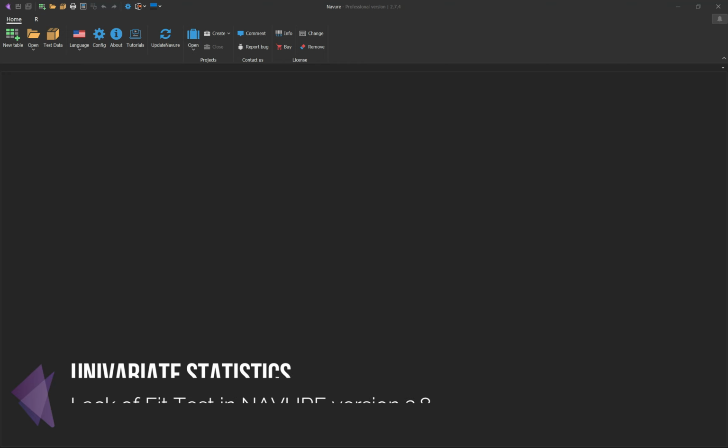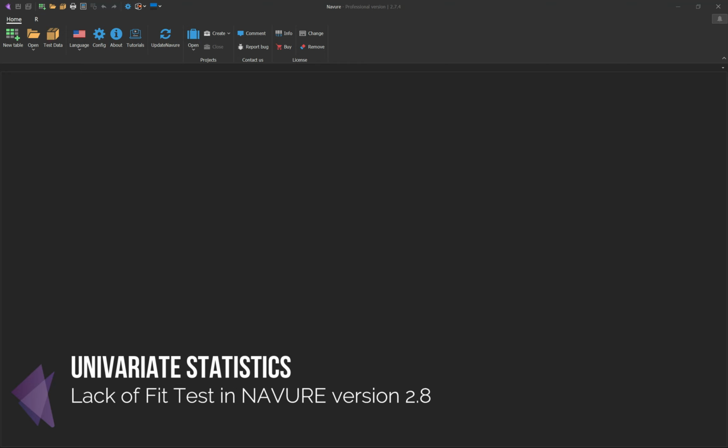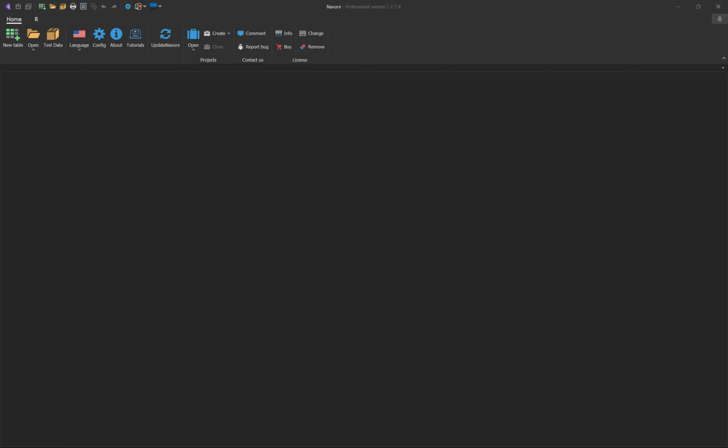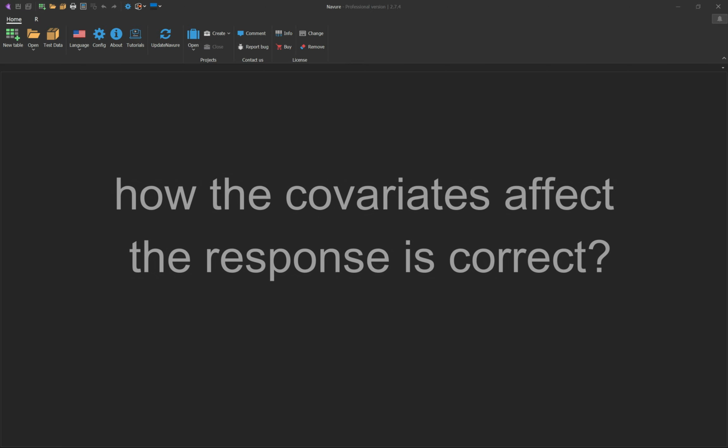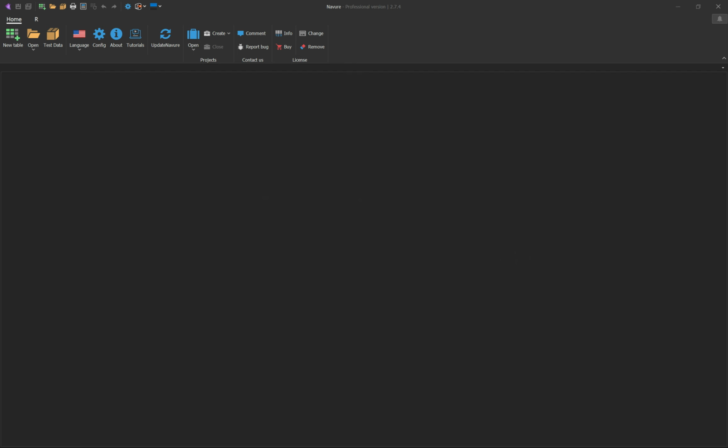Lack of fit test in Navure version 2.8. When fitting a model that includes covariates, the question is whether the assumption about how the covariates affect the response is correct. In a simple case, when a model includes a single covariate, as in simple regression, the assumption is